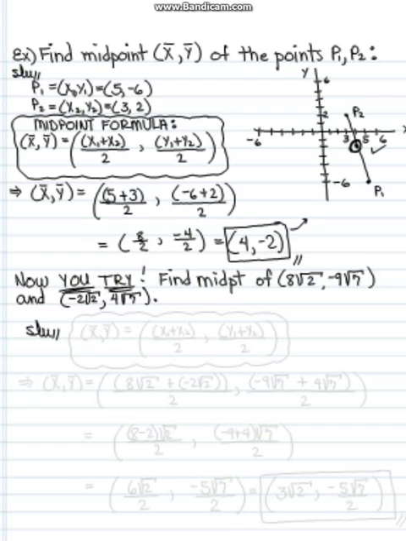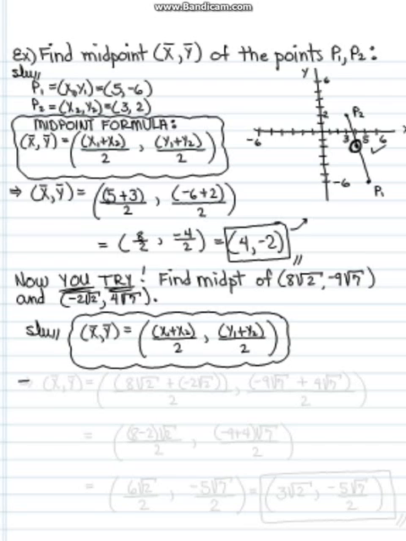Okay, I'm back. So you first start by writing the midpoint formula. X bar comma y bar is equal to the sum x sub 1, x sub 2 added together over 2, comma, and then the y coordinate is y sub 1 plus y sub 2 divided by 2. That's the formula. Now we're going to plug the values in and get our ordered pair x bar, y bar equals 8 square root of 2 plus negative 2 times square root of 2, and then divide that by 2 for the x coordinate, and comma, the y coordinate is negative 9 square root of 7 plus 4 square root of